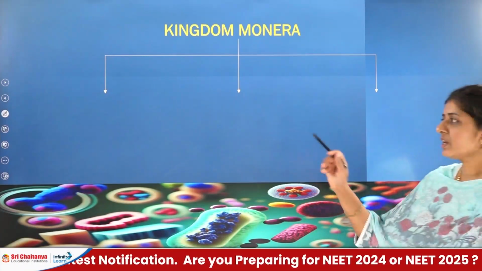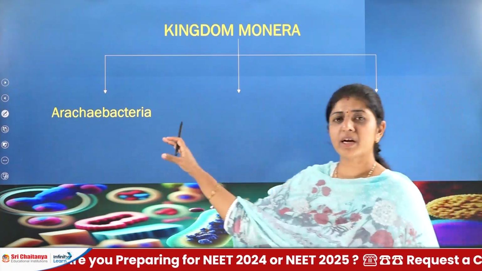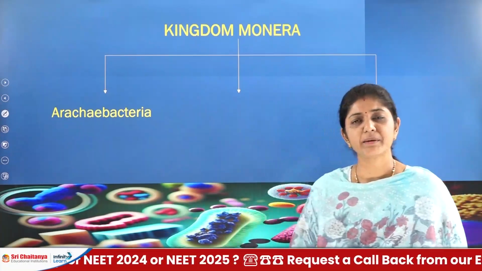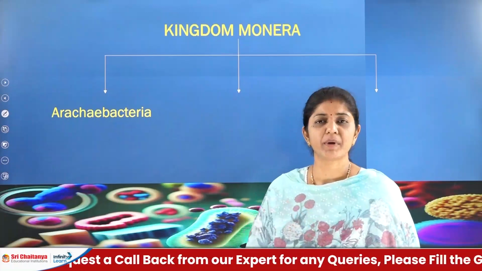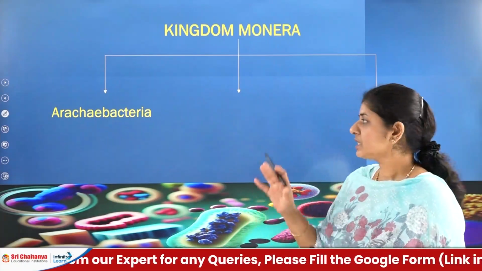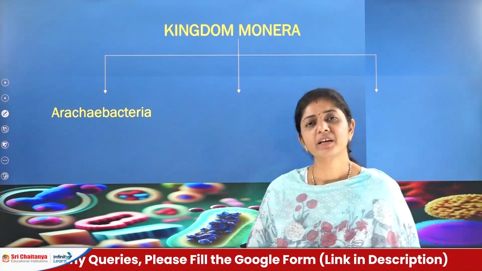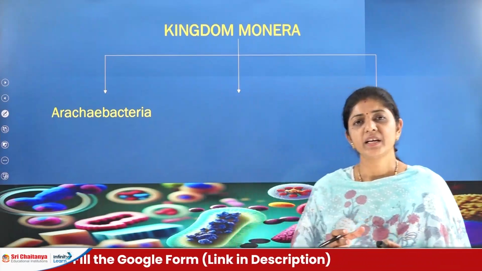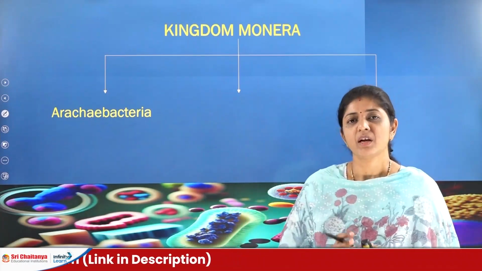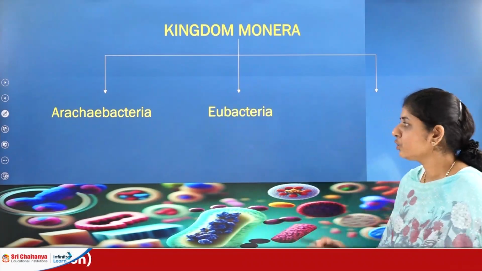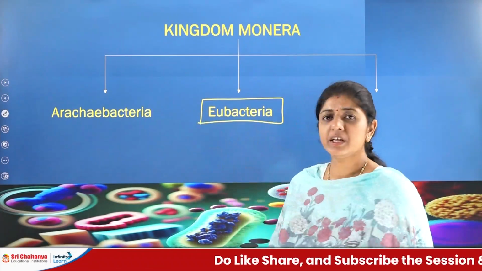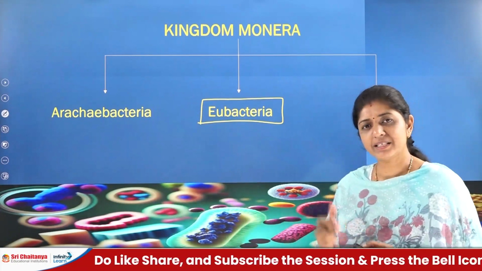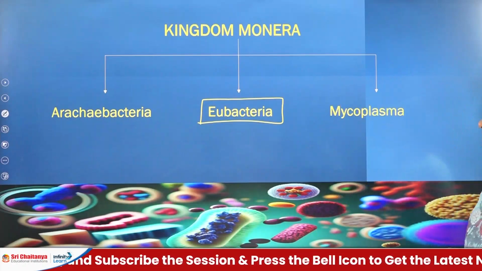We have the group of bacteria which we call Archaebacteria, which is the most ancient type of bacteria. Under this Archaebacteria, those bacteria will come which are residing in extreme habitats. Now, next will come the EUBACTERIA, which is our today's topic to discuss. I will take its features in more detail. Let's see the third. Third is what?